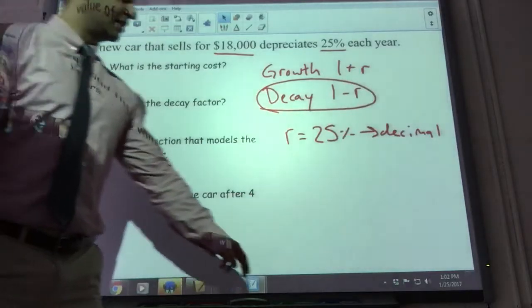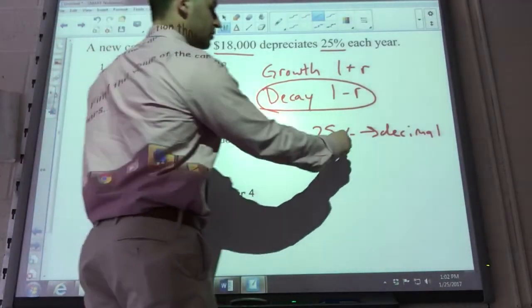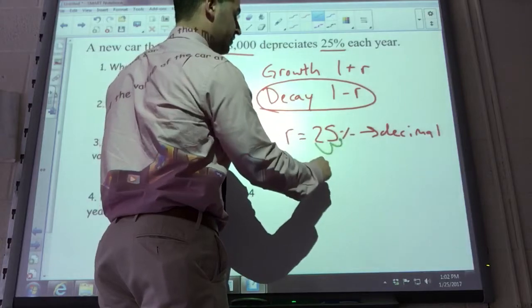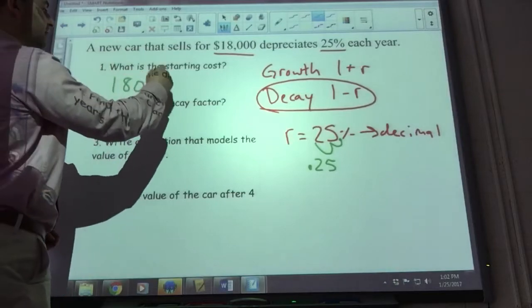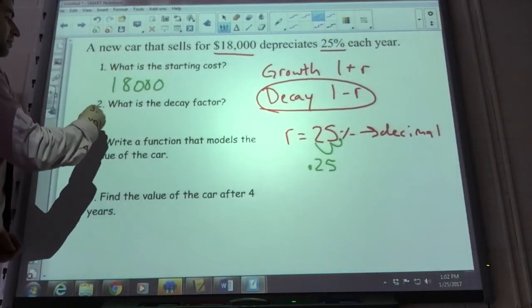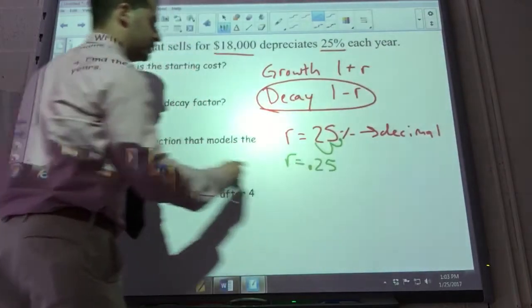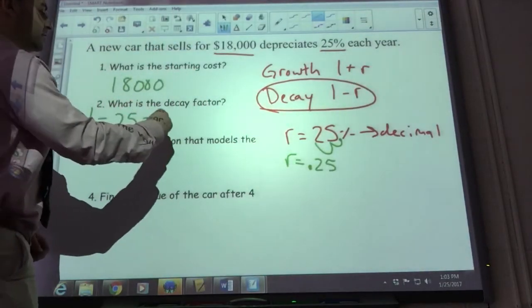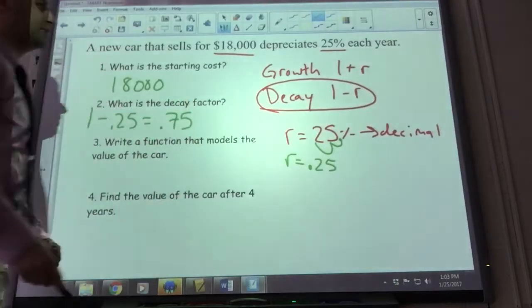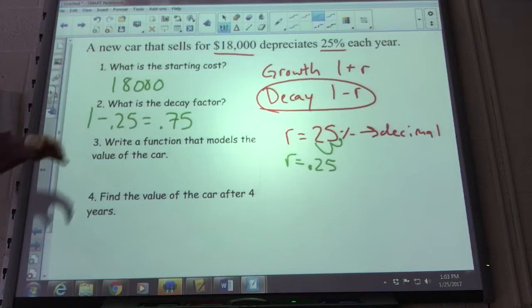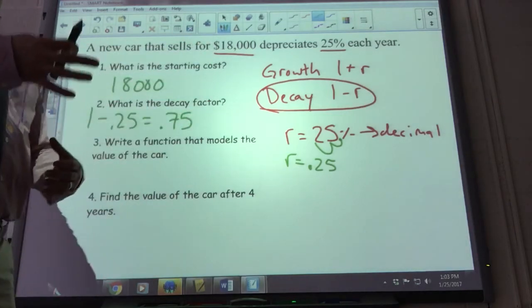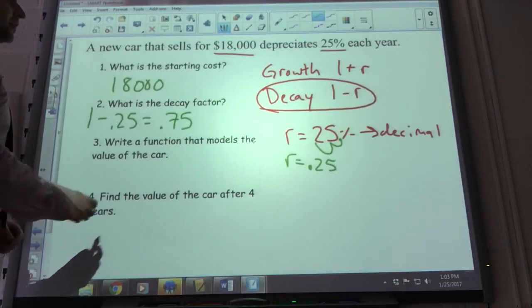To turn percents into decimals, take the decimal point that's here and move it 2 to the left, so it would be 0.25. So of course our starting cost is 18,000, and then our decay factor is going to be 1 minus our rate, which is 0.25, which is 0.75. So what that basically means is after every year you have 75% of the value remaining. And if it were an added number, so it'd be 1.25, it means it grows by 25%. You have your whole initial number and then 25% on top of that. So the new function would be